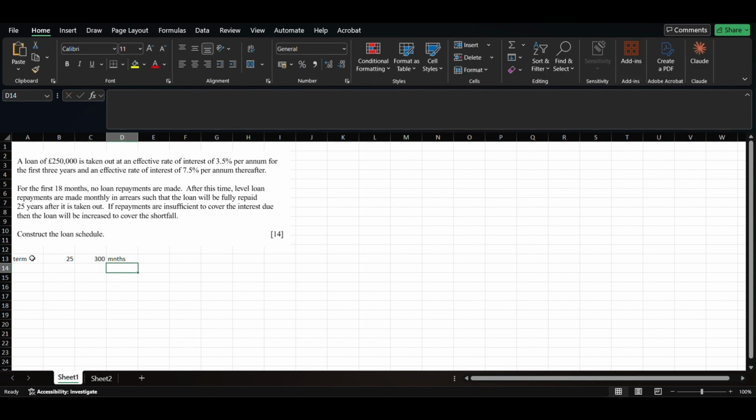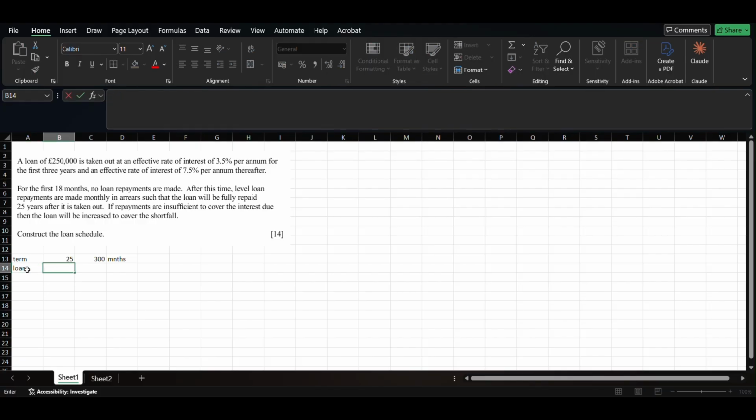Because we're given monthly payments, probably the fastest way to do this would be to have all your installments, payments, and interest portions of the loan in monthly amounts. So I'm going to be working in months, so the term is 300 months, and the loan itself is 250,000